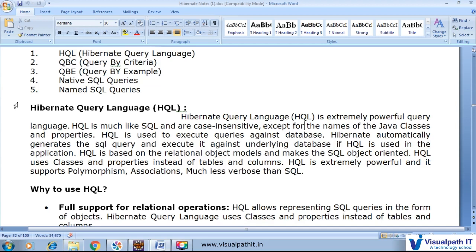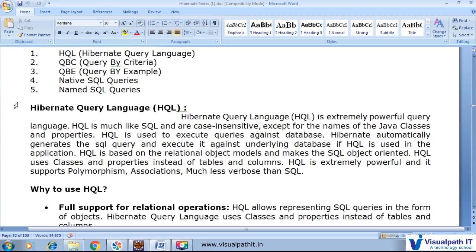For example, in a MySQL query or Oracle query, we perform our operation directly on the table or on a column name. For example, we would like to select all the customers from the customer table, so we write the query select star from customer.